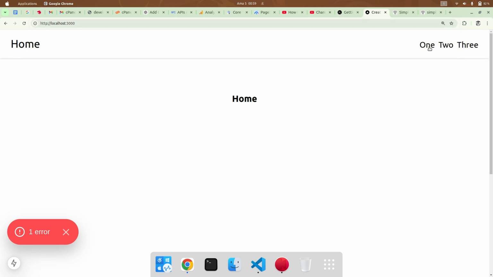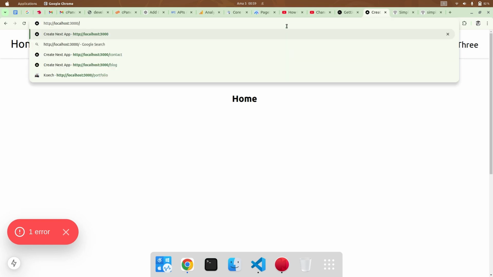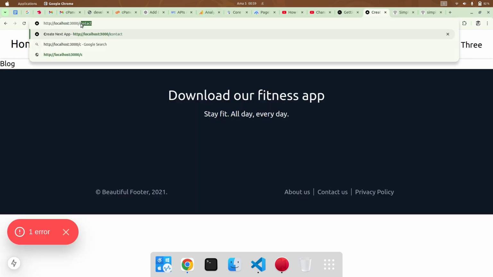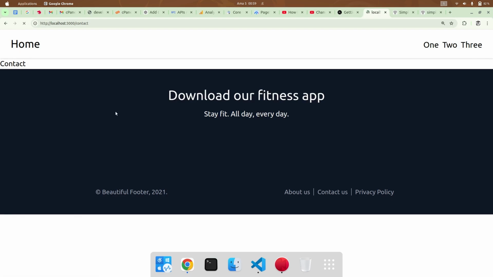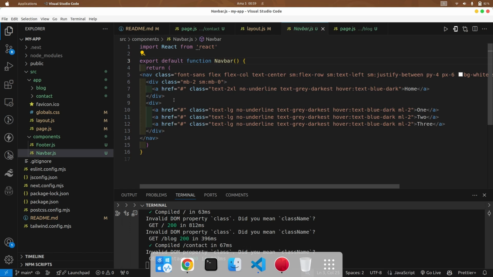Now I want to navigate. When I click on these links, for example home, it will take me home. When I click on blog, it will take me to blog, and also when I click on contact, it will take me to the contact page. So let me go back to navbar. Now, navigating between pages, routing in Next.js, you need to use what we call Link,